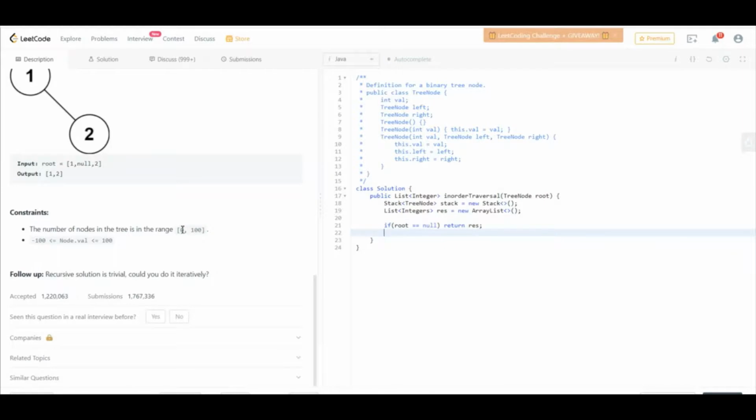But if it is not, then we have to traverse the tree. Suppose some TreeNode current equals root. We are given root, so our new current element is the root element. Now current is root, and we have to check while current is not equals null